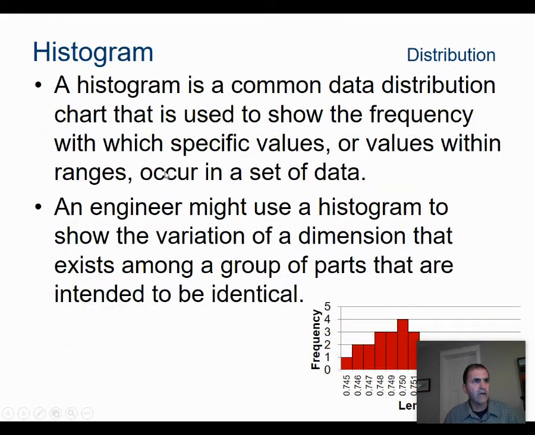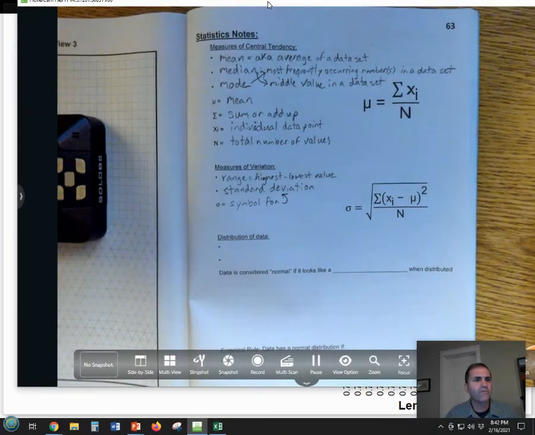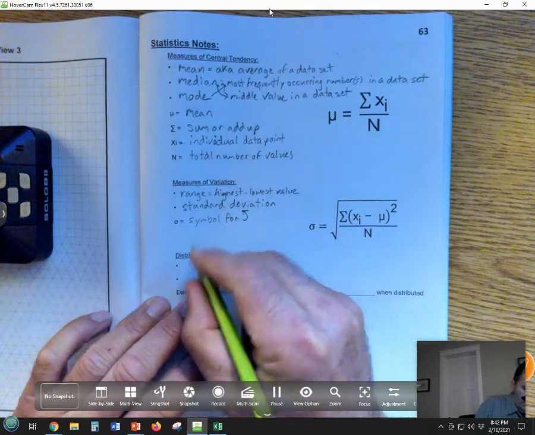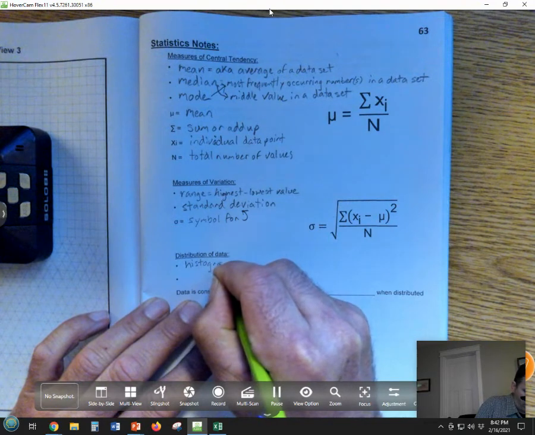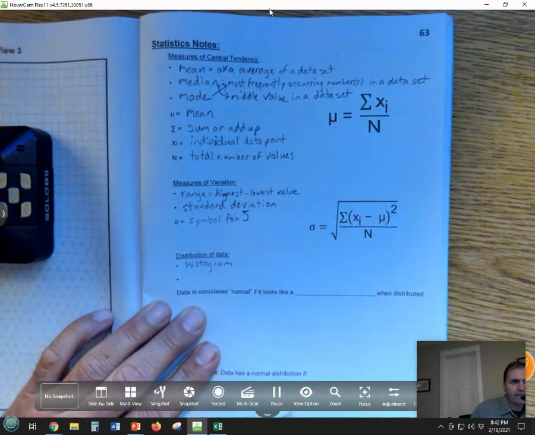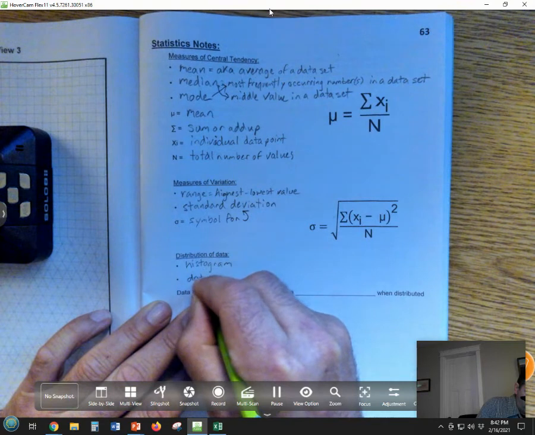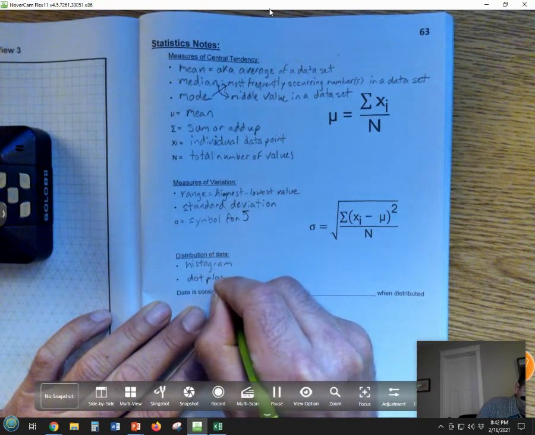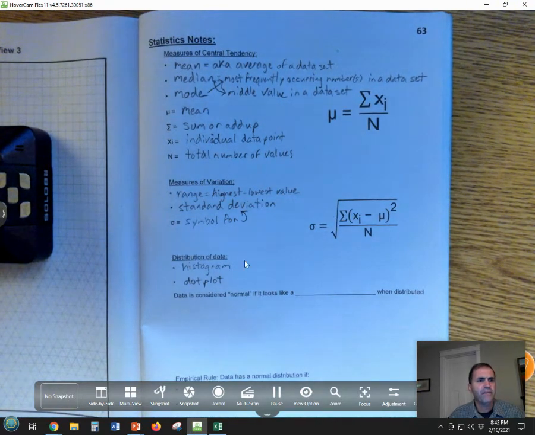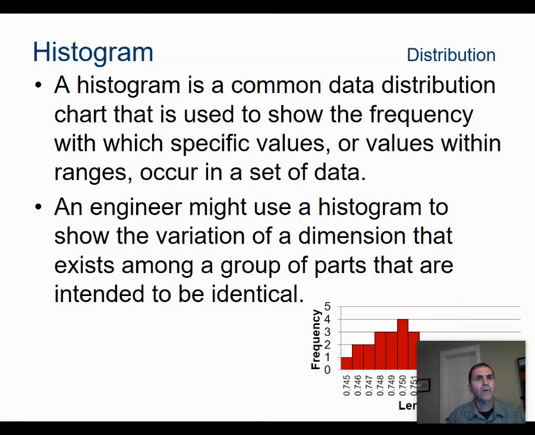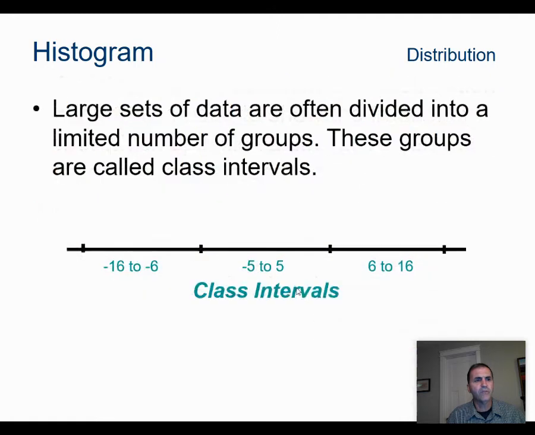All right, now let's talk about distribution of data and how we can show that. There are a couple of ways of doing that. One of them is a histogram, and the other one is a dot plot. How do we see that data is distributed? A histogram is basically where we take values and we show how many of them